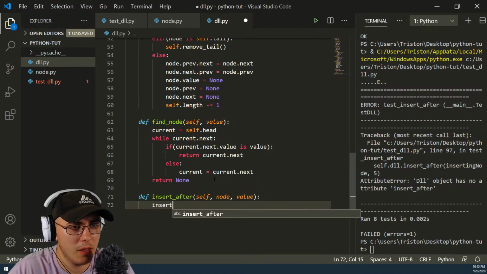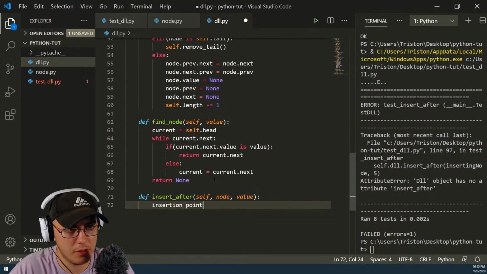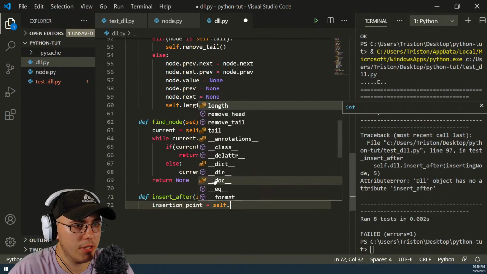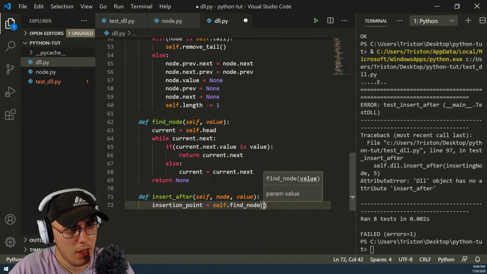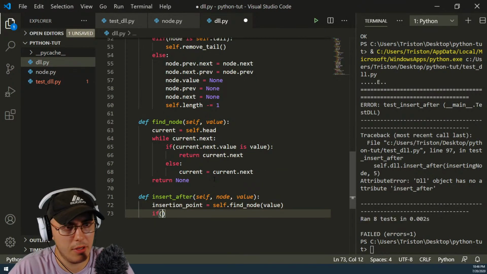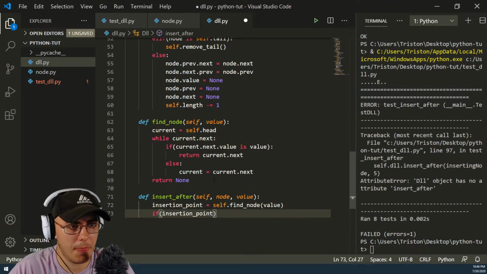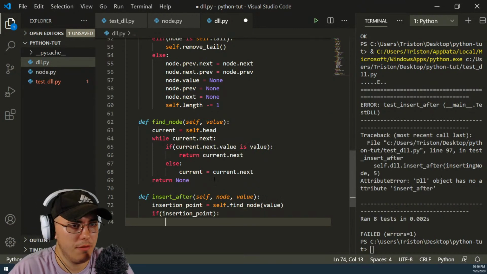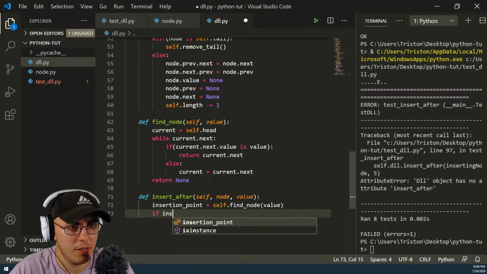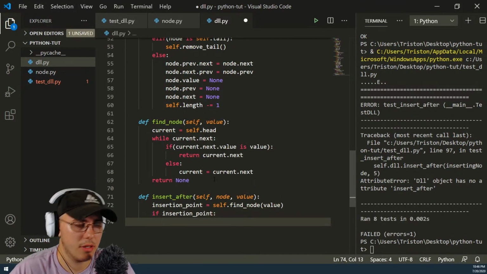Insert after. No. Insertion point is what I want to call it. Insertion point equals self.find node, and then we're going to find the node with the value. We're going to say if insertion point, that is JavaScript, not Python. If insertion point,